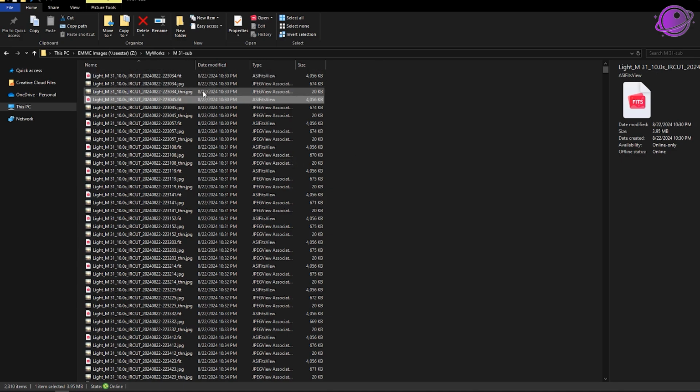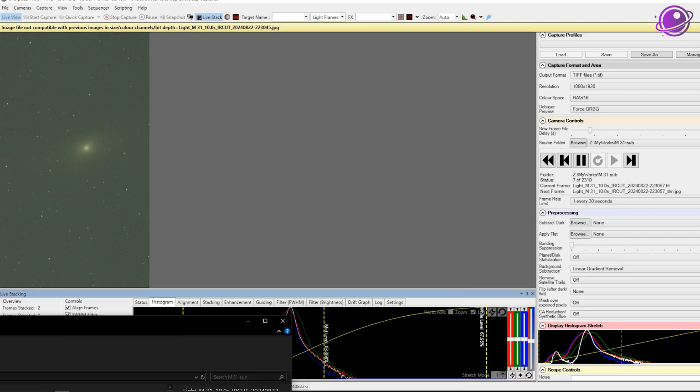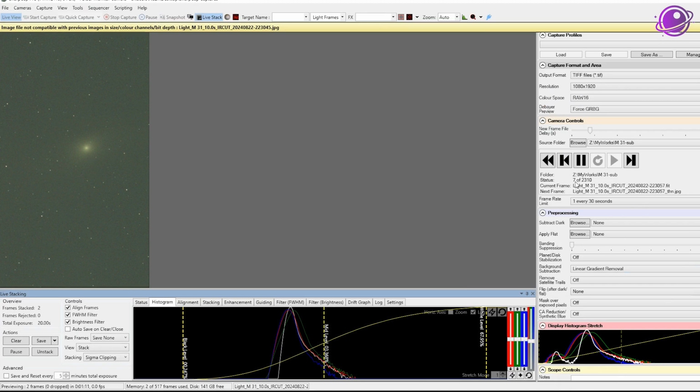And then it skipped the next two and then went to file number 4, which is a FIT file. And then it skipped 3 more and then went to file number 7, which is another FIT file. So this is 2 frames. And on the bottom left-hand side in the live stacking section, you can see that it stacked 2 frames, even though we're on technically the 7th frame. And that's because